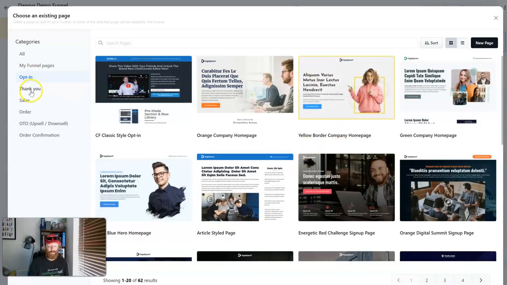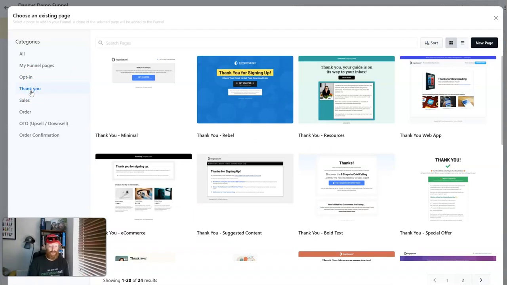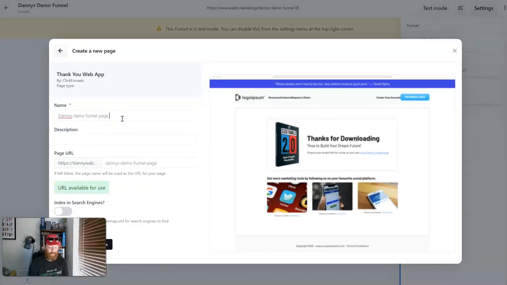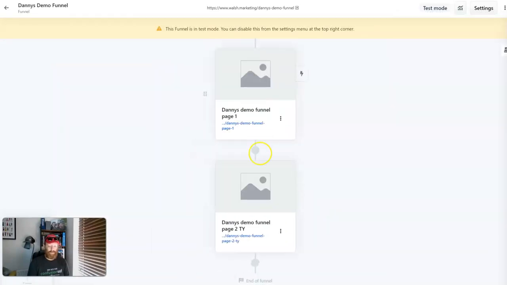In this instance, we want the thank you page. We choose that on the left hand side, and for this one I am going to use one of the templates. So I'll choose this one. We're just going to paste that again, and we're going to put page 2, and I just put TY for thank you. Copy that and paste it into the description. It's not going in the search engine. There's the template. Press create page, and we've now got, in a few seconds, an opt-in page, a thank you